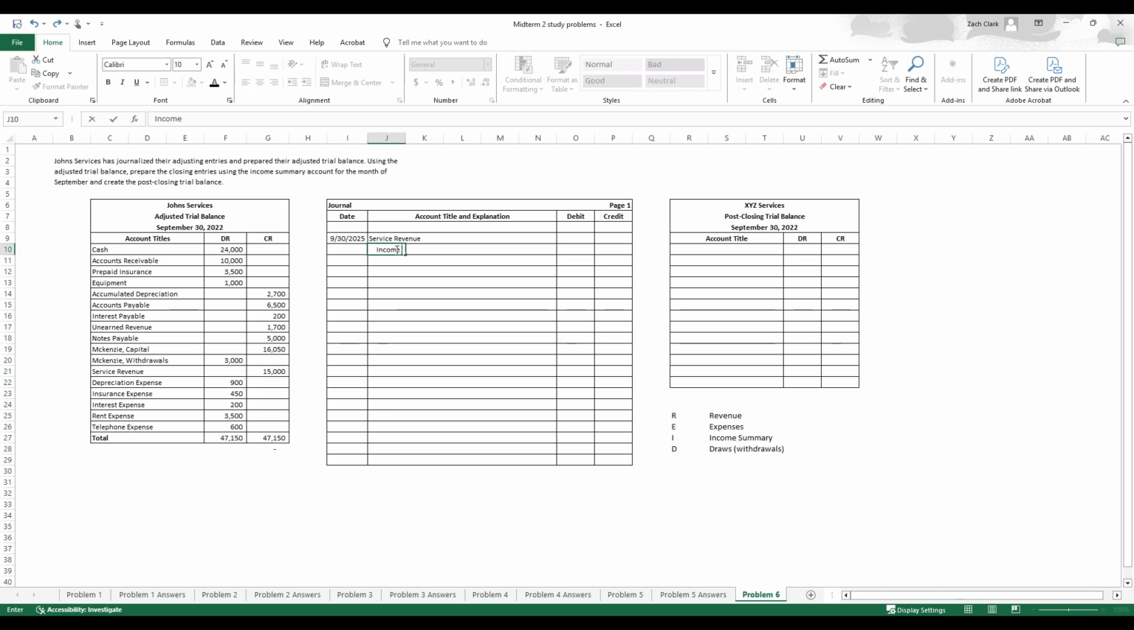And remember, we're closing everything to the income summary. So we start with revenue. It's opposite. So we just do the debit because it had a credit normal balance. And we'll just say close revenue. Okay,